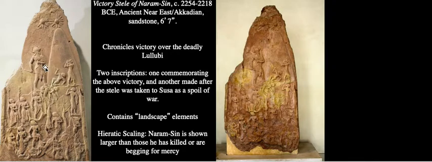This object is covered with writing, and I'll show you some details of that in a second. And again, reinforcing that this is part of a historic culture. There are two different inscriptions made at two different times. One chronicles the victory that Naram Sin had over the Lulubi, and another inscription, almost a kind of graffiti, can also be found and read on it when this stele was removed